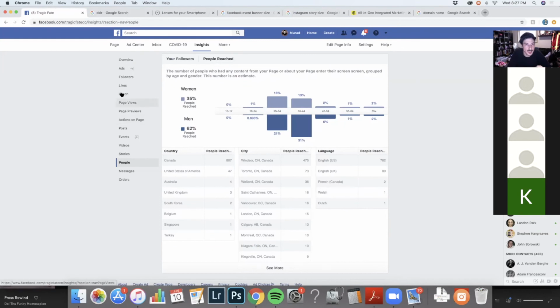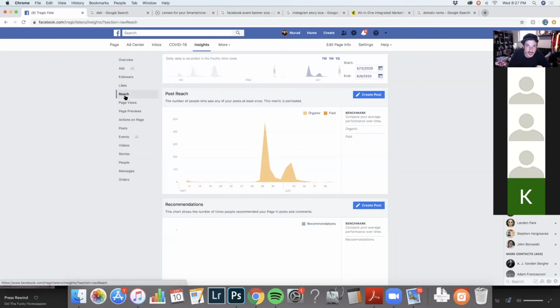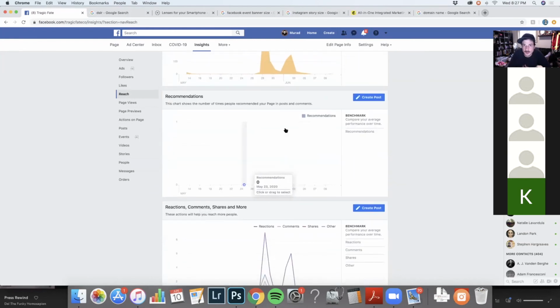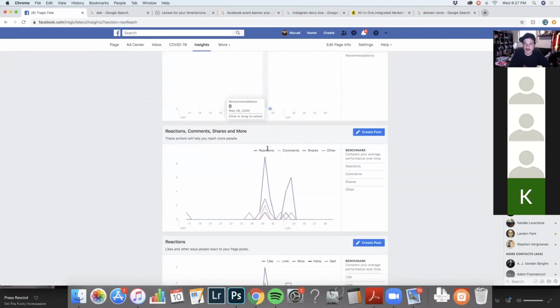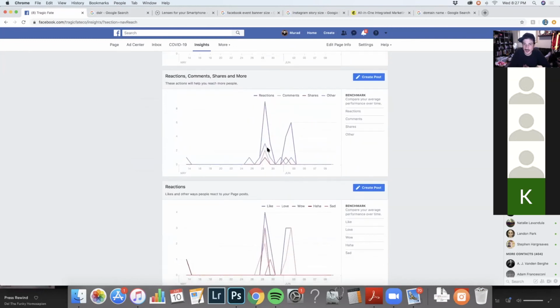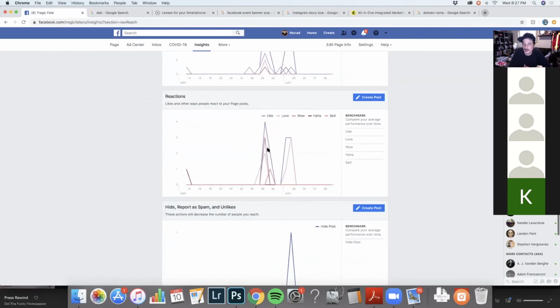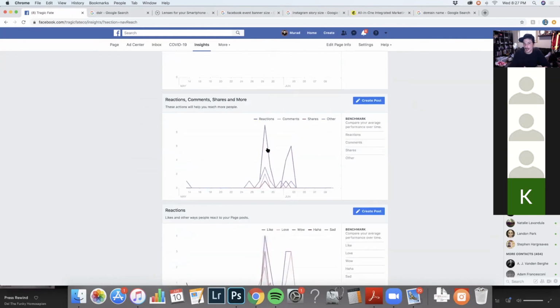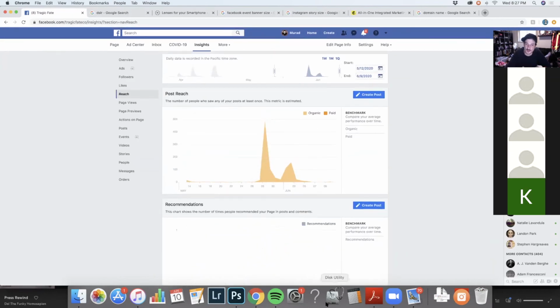But there is, and I can't remember, it might be under reach here. And again, recommendations. It'll give you recommendations on times of day to post and how much to post. There's all sorts of information in here, and the more you look at it and learn about it, the more perspective it's going to give you on where your audience is and what time of day most of them are online. I know it's still there, but Facebook is annoying in the sense that they revamp their user interface on such a regular basis